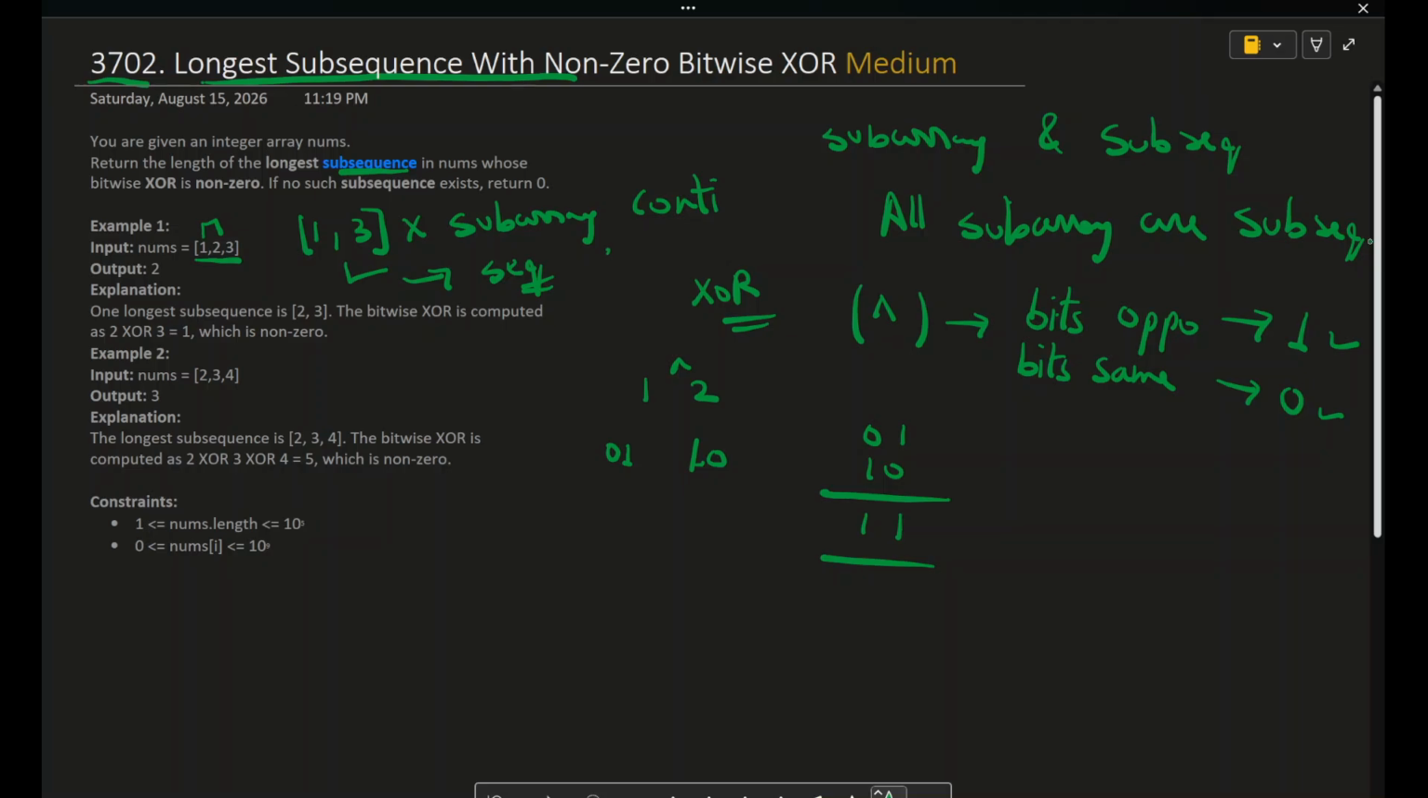And again, as the third element is 3, if we do the XOR with 3, 3 is represented by 1 1 always. So if we do XOR of these two, because these are the same bits, we will get 0 0. So according to the question, we have to find the longest subsequence with non-zero